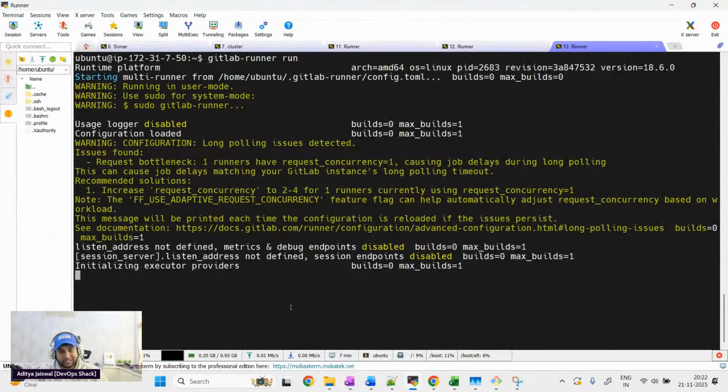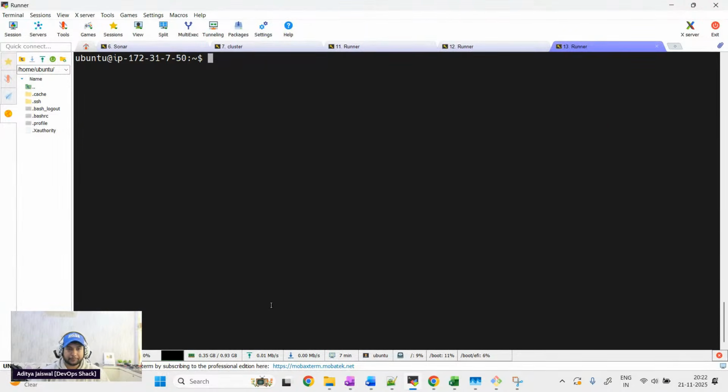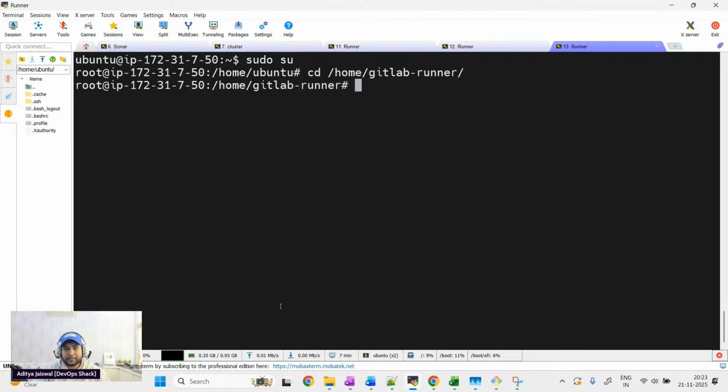I'll first of all press Ctrl C to stop the runner. I'll become root user quickly. And here, first of all, let me make the screen bigger. I'll go inside the home directory, then GitLab runner. Now, if I run ls -lart, you will be